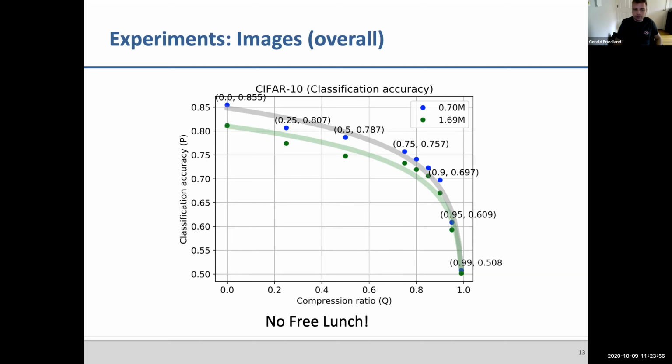Okay, and so what we did here is we took all the images from CIFAR-10, ImageNet, and MIT traffic data, and we decided, okay, we'll JPEG them, we'll keep them as original, and when you keep them original, here's CIFAR-10, you basically get this